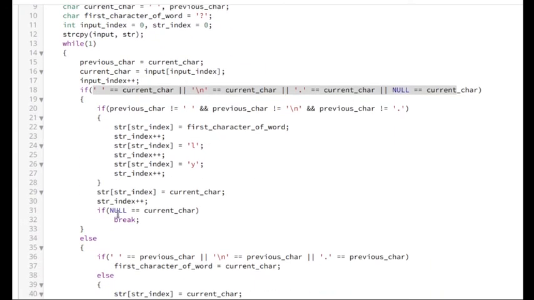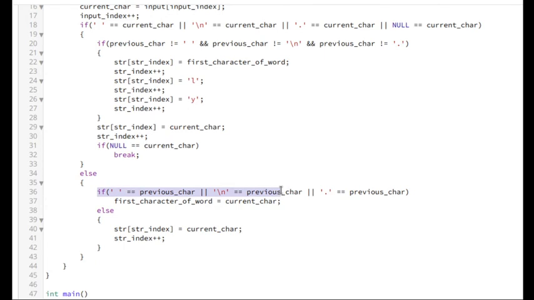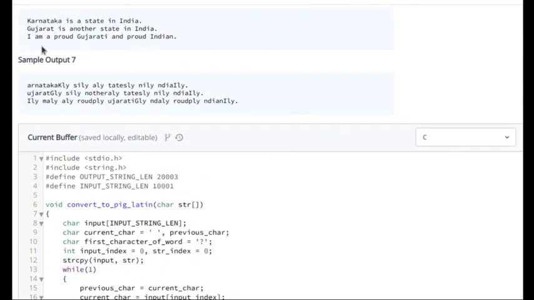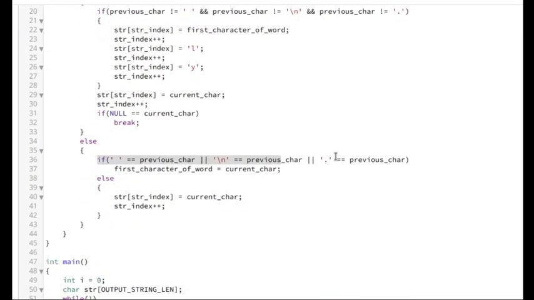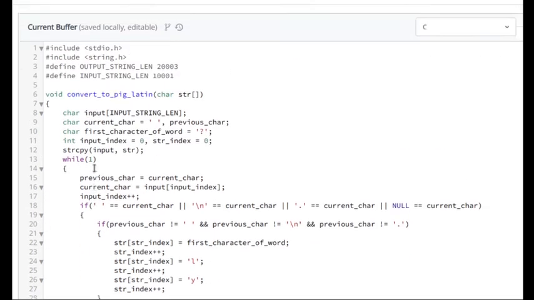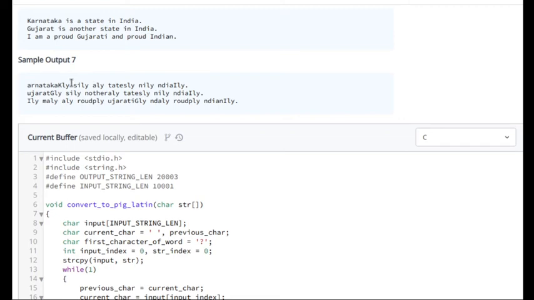And what is it checking? First, if it encounters k, it is checking if the previous character was space. If the previous character was space or slash n or dot, what does that mean? For example here, if the previous character is space, then this a after space must be the first character of the word.